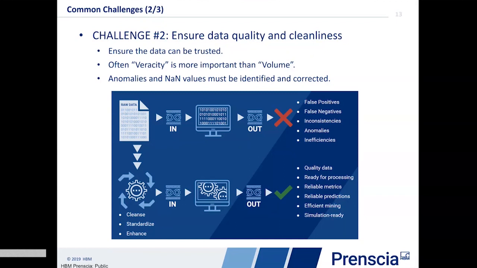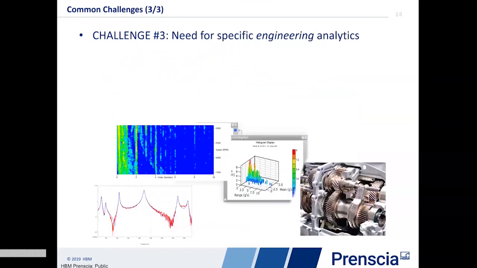The third challenge is the need for specific engineering analytics. Again, I'm insisting on one word here, which is engineering. So as engineers, we're trying to solve engineering problems, right? So we need to do specific analysis, like descriptive analytics. So we want to compute metrics, indicators, again, engineering metrics or indicators.